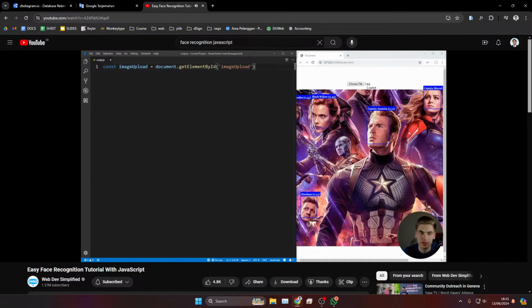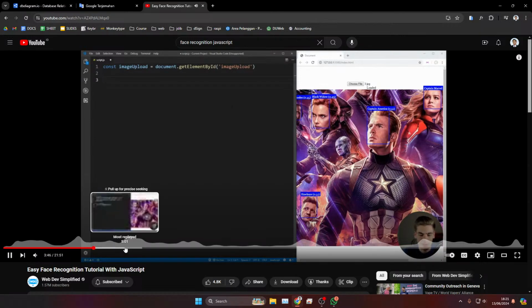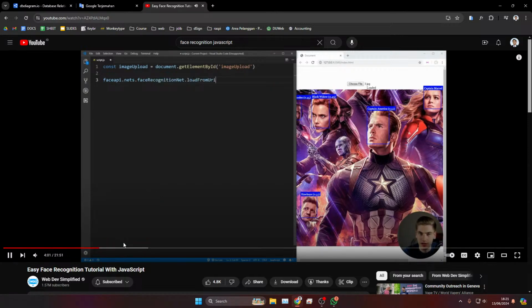Next, we want to load the different models that we're going to be using. And the various models that we're going to be using, we're going to use faceapi.nets. And then in here we put the library name that we're using. So we're going to use face recognition because we want to be able to recognize the faces. So faceRecognitionNet. And we want to just load this. So loadFromUri. And we're loading this